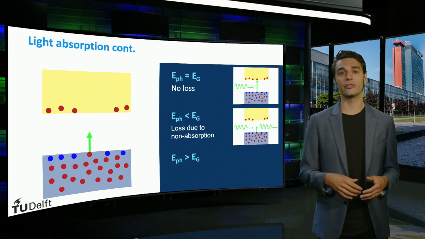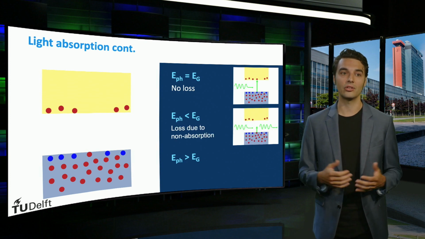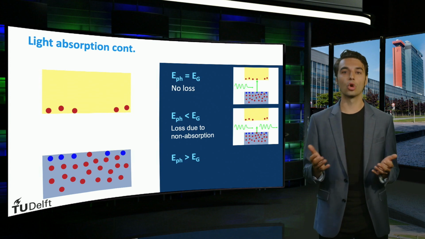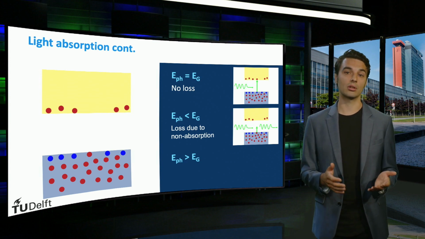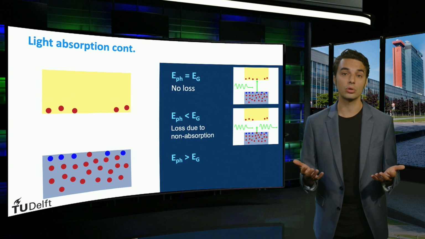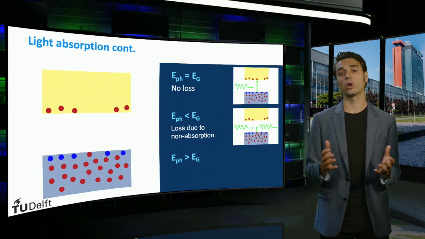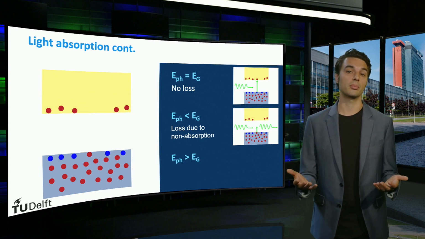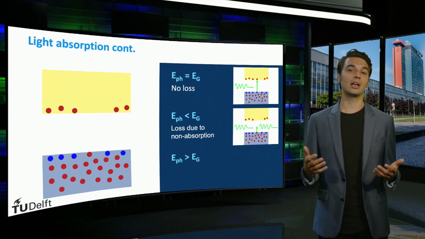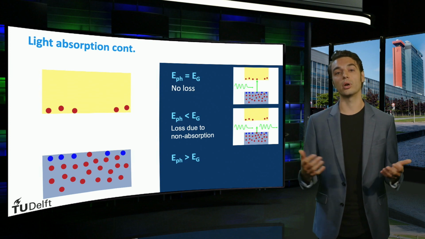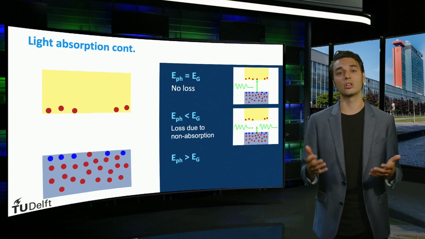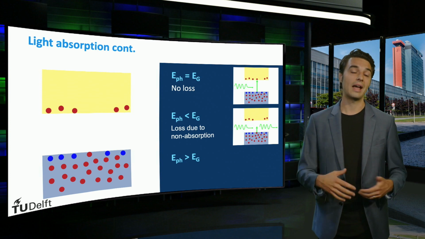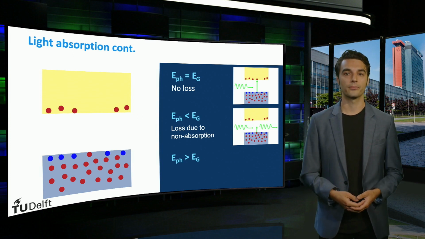If, on the other hand, the photon has an energy greater than the bandgap energy, some of its energy is lost as well. Upon absorption of a photon, the valence electron will be excited high into the conduction band. Shortly after excitation, however, the electron will relax back to the conduction band edge. The excess energy is thereby converted into thermal energy, and this thermal energy is in fact a loss, since its energy can no longer be utilized as electrical energy after charge carrier collection.